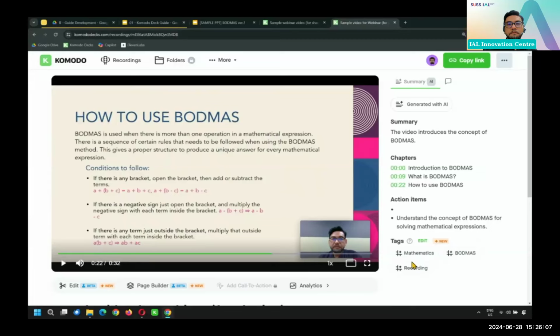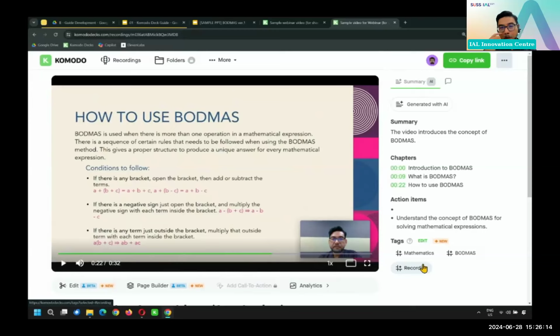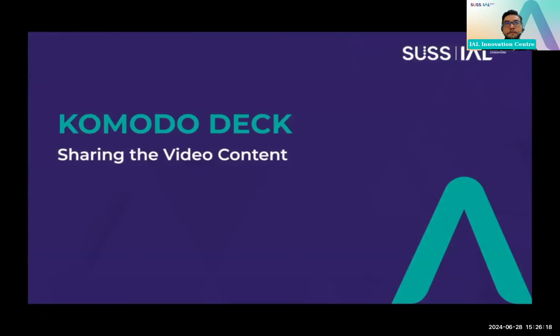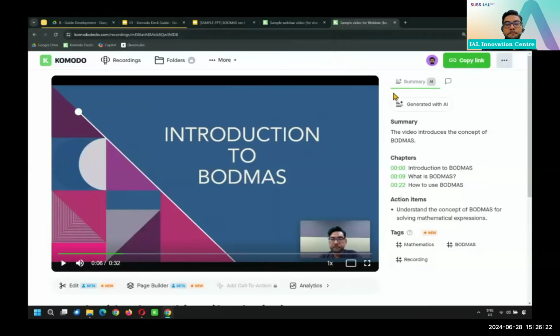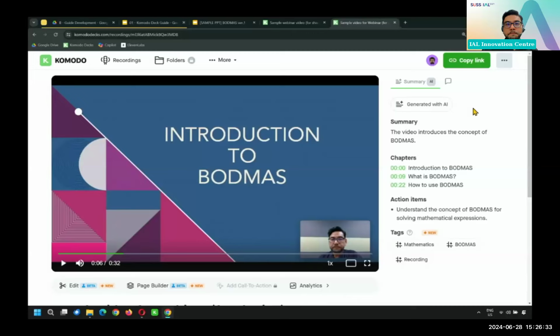For this item, you have generated a lot of video recording. So at this point, the content is ready for sharing. Now that your video is ready, you can start sharing it with your learners. Go to the Komodo deck site, to the recording that you have done and edited. Click on copy link, and you can share this link to your learners via email, LMS, or any other method